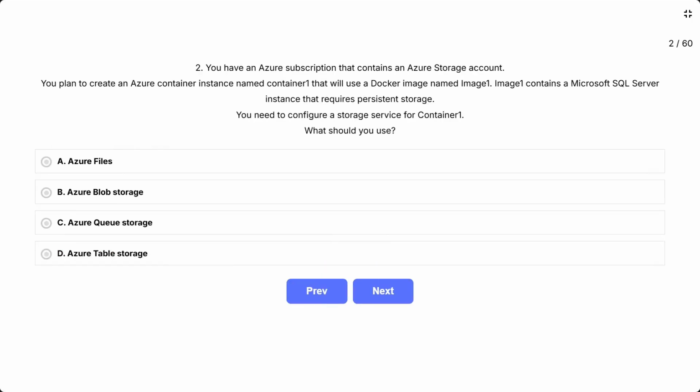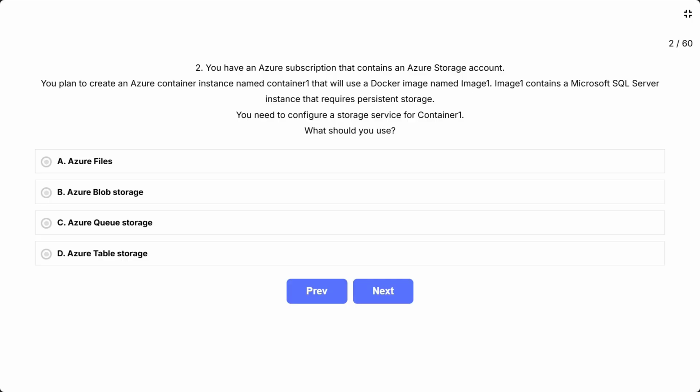Question number 2. You have an Azure subscription that contains an Azure storage account. You plan to create an Azure container instance named container1 that will use a Docker image named image1. Image1 contains a Microsoft SQL Server instance that requires persistent storage.